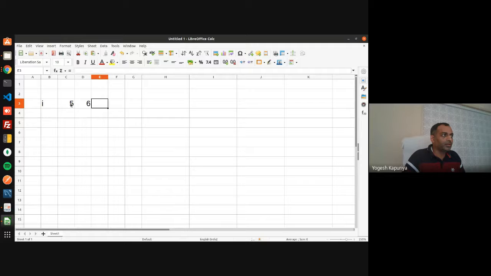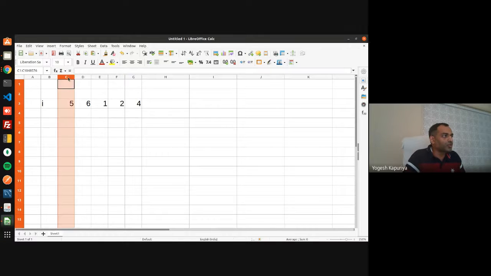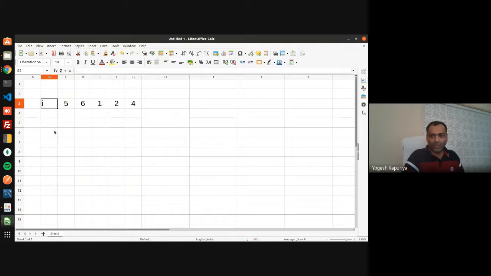These are my numbers. I want to sort these numbers. There are two ways of sorting the numbers. First is called direct sorting. In case of direct sorting, your output will be the exact numbers.